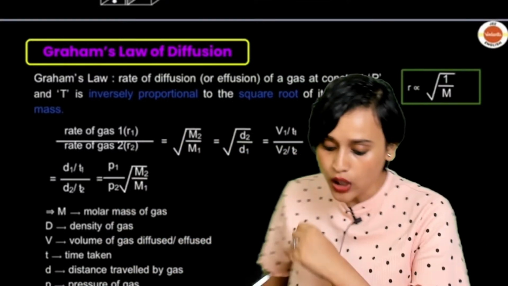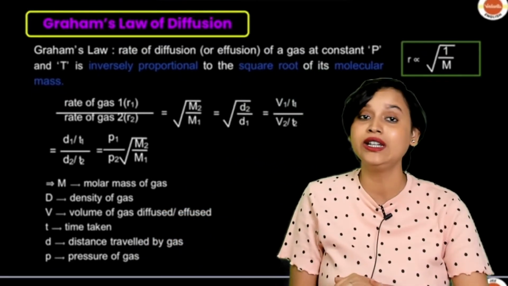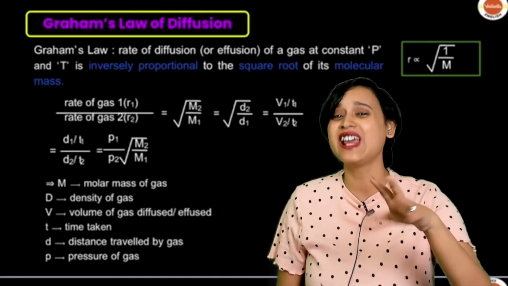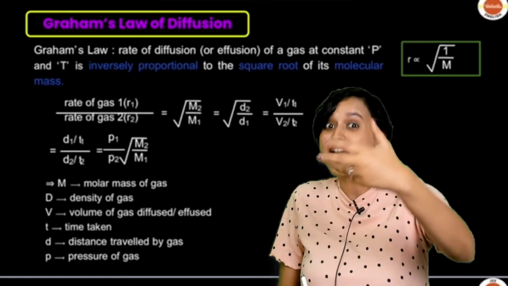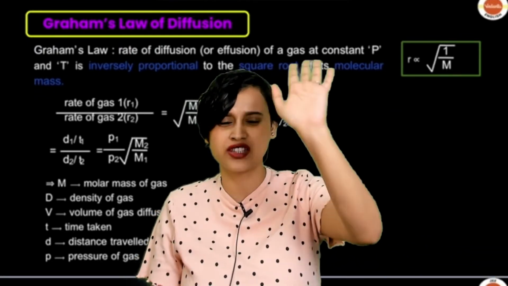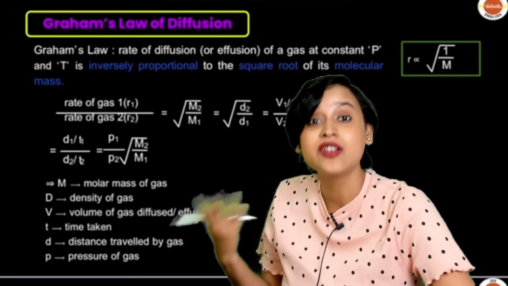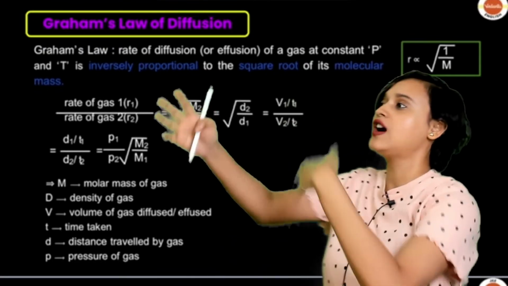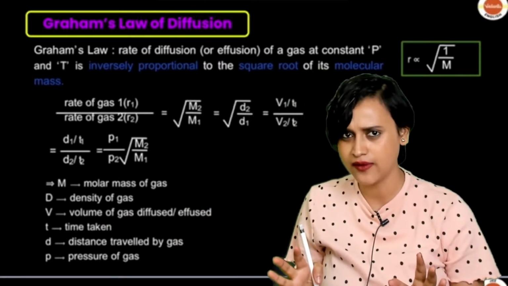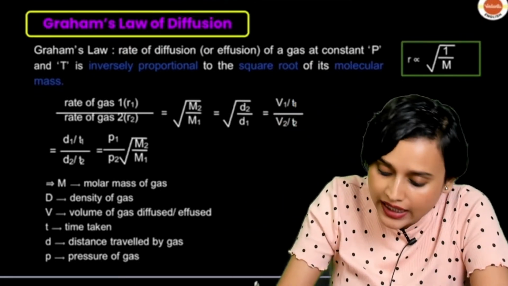Yes, okay. Now see, Graham's law of diffusion. We have to understand how we write that. Basically we are trying to write down the rate, like how are things changing? In physics you have learned rate of change of velocity, rate of change of this and that. Something similar we are doing here. So Graham's law is the rate of diffusion, how fast they are moving. Since diffusion and effusion are similar, we will use the same formula. The rate of diffusion of a gas at constant pressure and temperature is